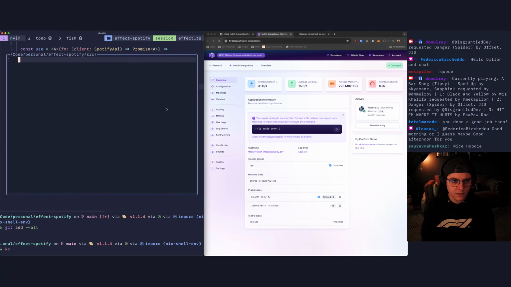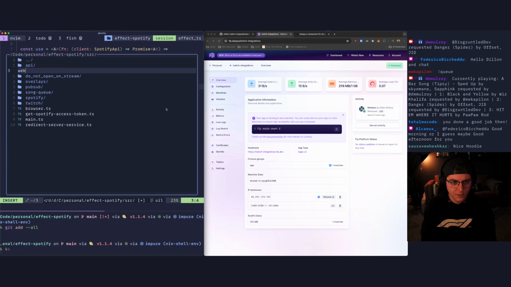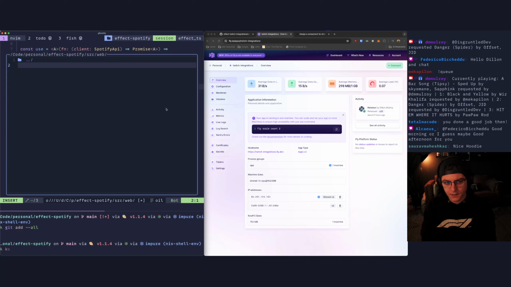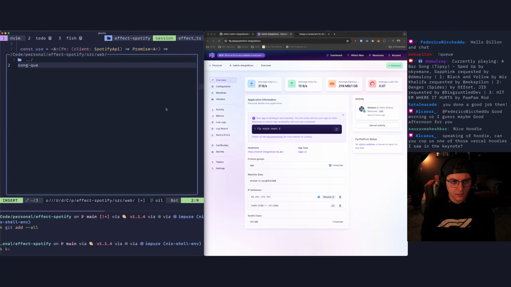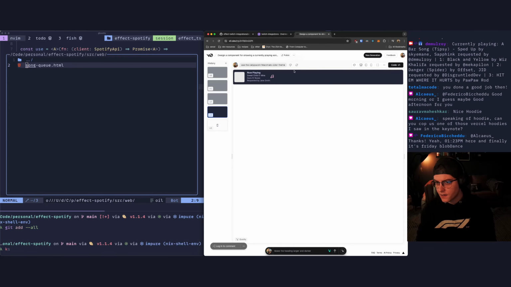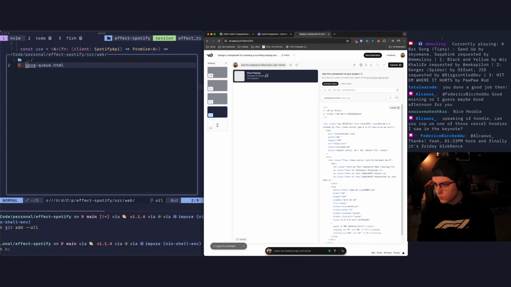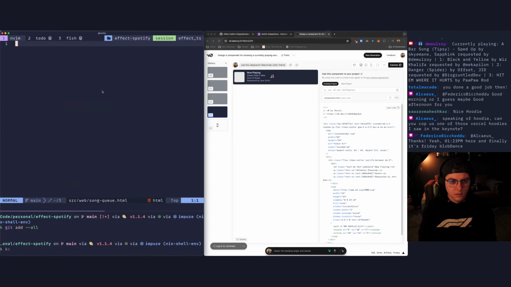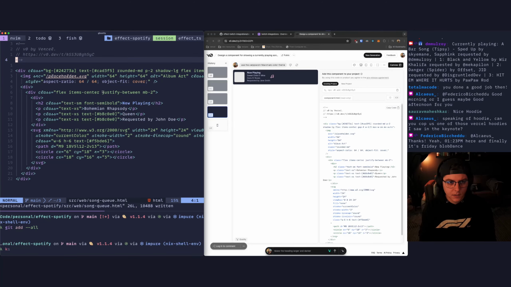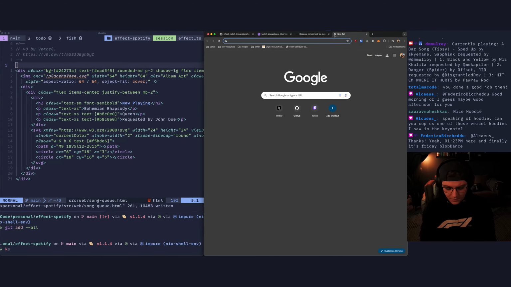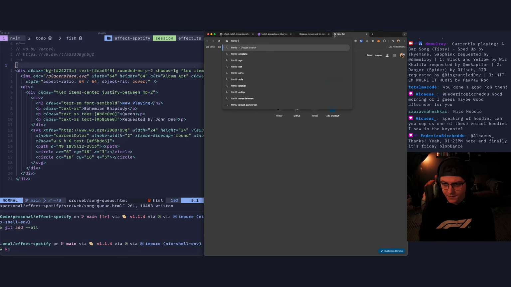All right, we want to go into, let's do web. We'll do that, and let's just do a songqueue.html. If I could type. And let's go grab our design here. And we just want the normal. Paste that in there. Let's throw HTML 5 template.